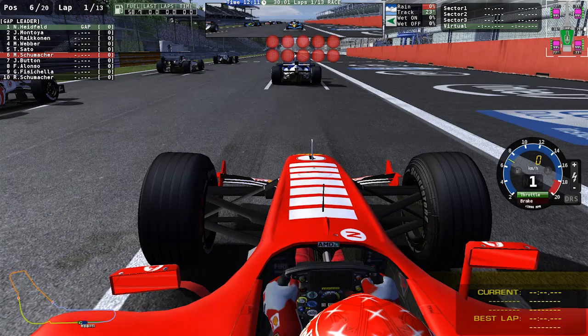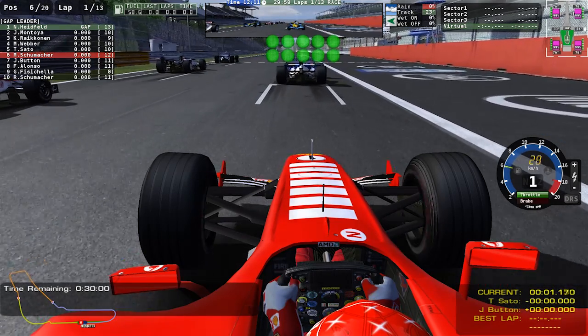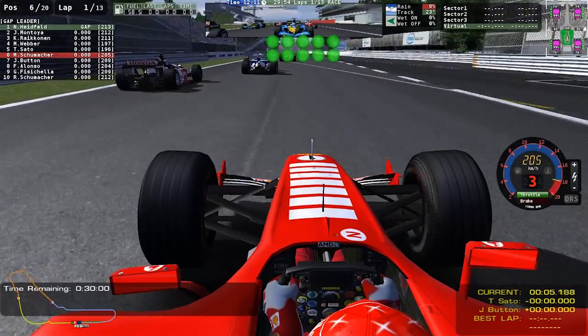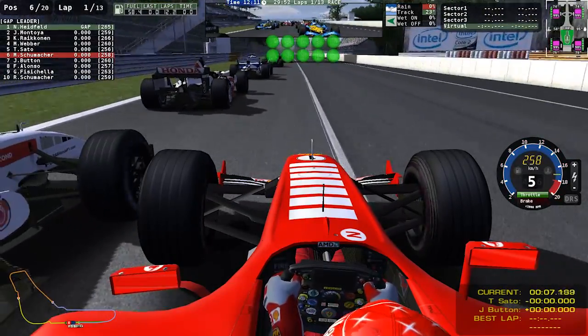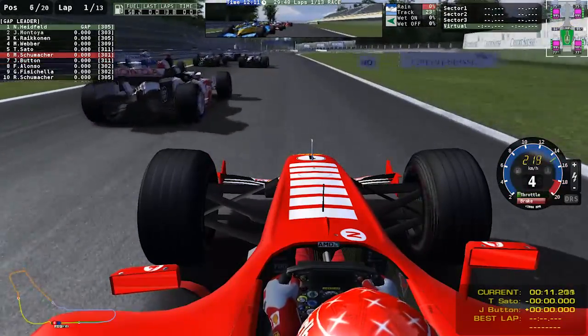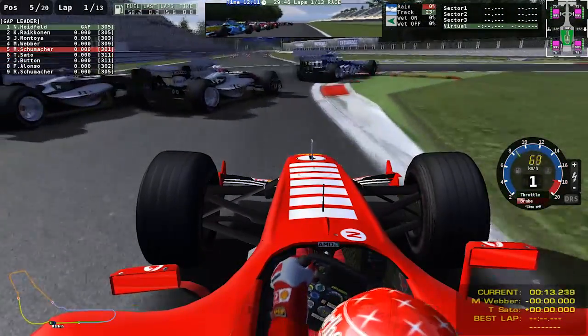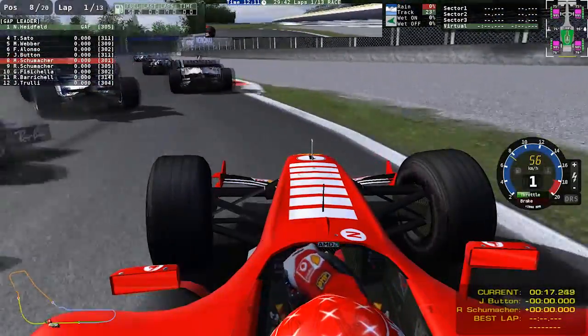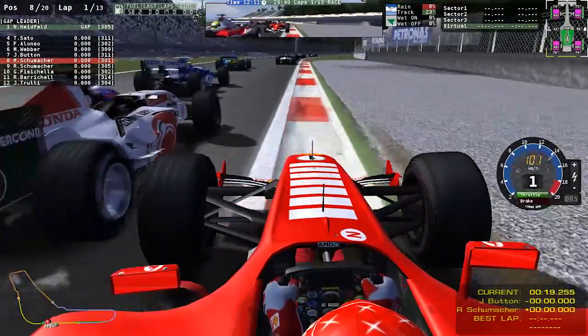and I can't wait. Let's see what Michael can do from 6th on the grid as the lights go green right about now, and Michael gets a pretty decent start off the line here, and he actually bogs down a little bit on the second phase of the start, but the initial launch was very good as now Michael's picking out some slipstream as we make our way into the first corner now, scene of so many famous first corner accidents here, and there's been contact between Michael and Takuma Sato there, and Michael's forced out wide by Ralf Schumacher right